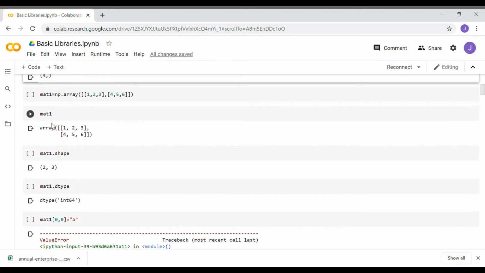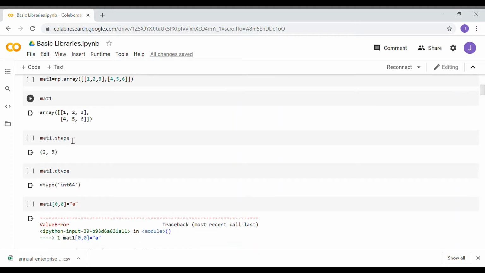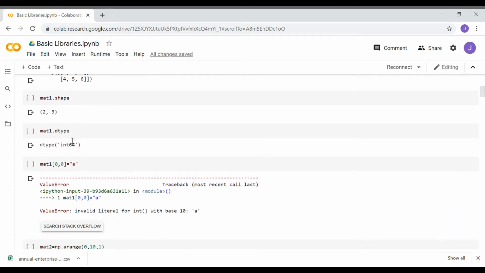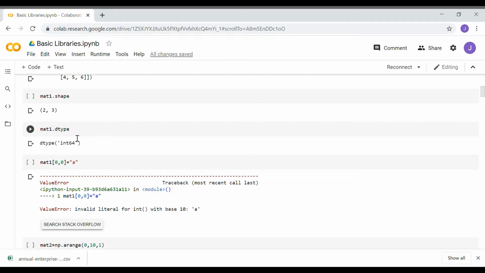We can create a matrix of any data type, for example integer, string, float data type, and so on. So we can see that the data type of this matrix is integer. Unlike a list in Python, in which you can combine multiple types of elements in the same list, we cannot do this in a NumPy array.